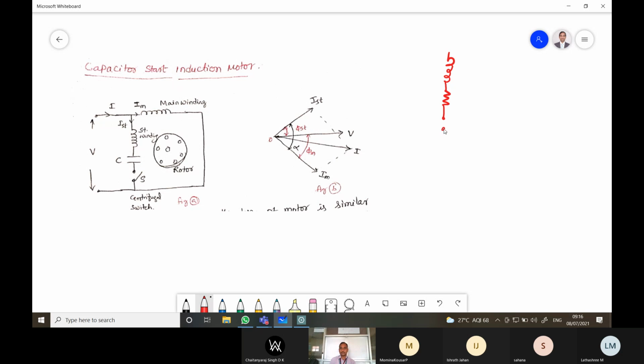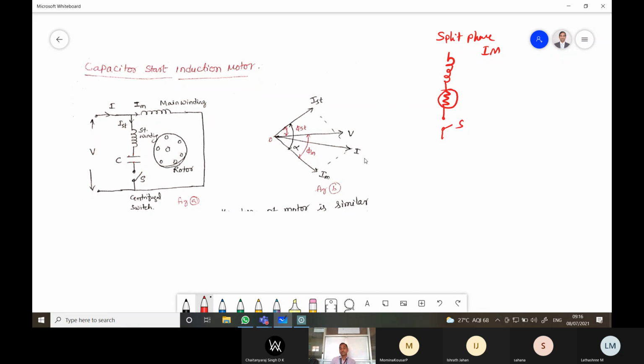right? And this is the centrifugal switch in the split phase induction motor. So the only change is that we replace this resistor and keep one capacitor here, which is in series with the starting winding. So the circuit becomes the capacitor start induction motor, and the difference will be, in the previous